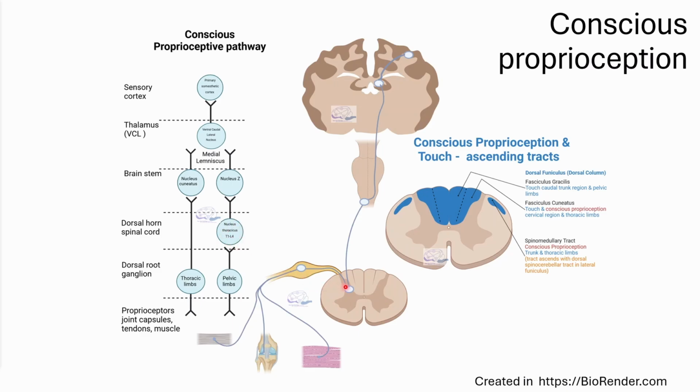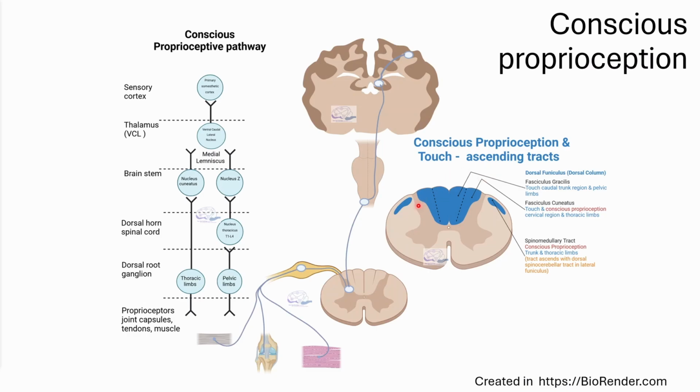This doesn't happen for the thoracic limbs. They synapse straight up into the brainstem, into the nucleus cuneatus. That information ascends to the brainstem and then decussates, and then ascends up to the thalamus and then on to the somatosensory cortex. And the main pathways for carrying information about the conscious proprioception are at the top of the